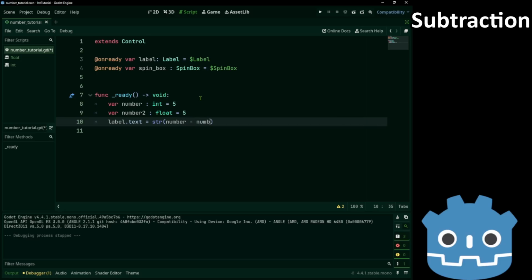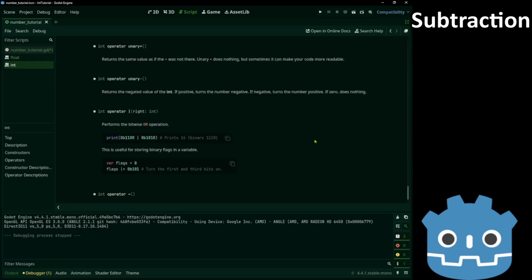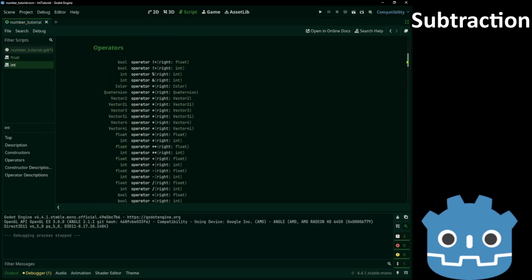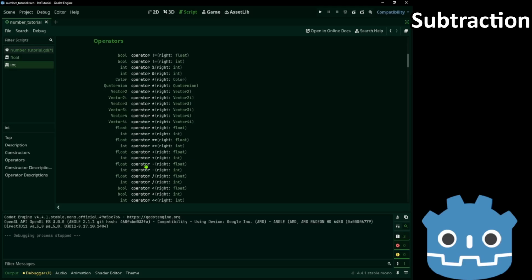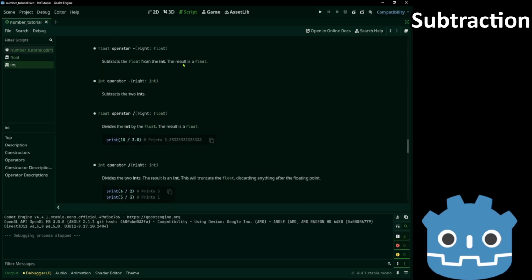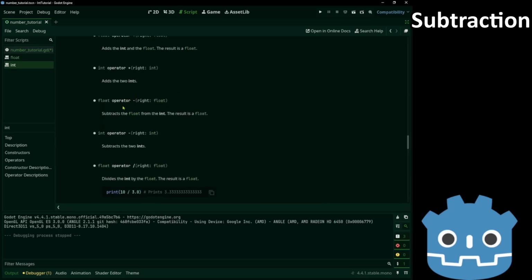Next up is subtraction. The minus operator subtracts right from the left. If right is float, result is float. We can also subtract ints to get an int.